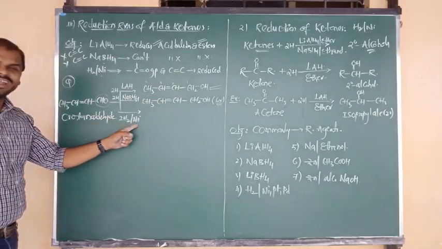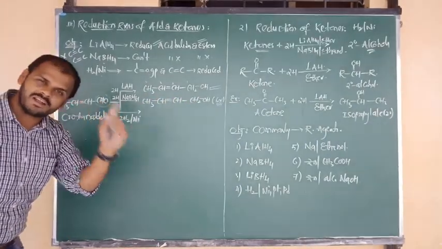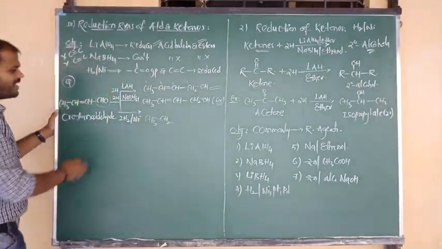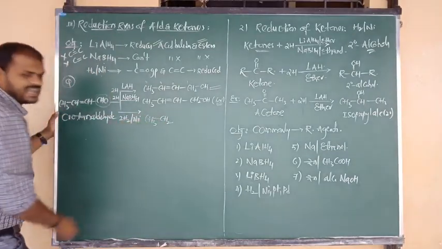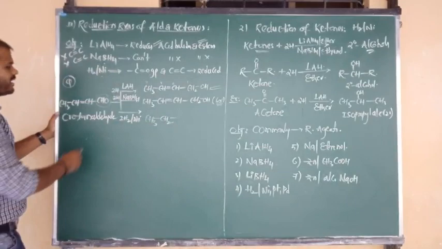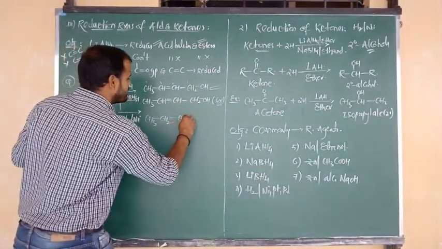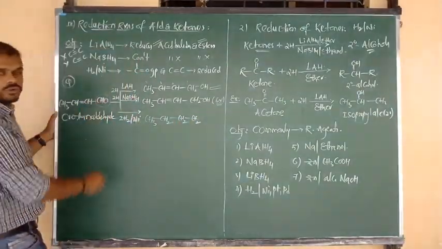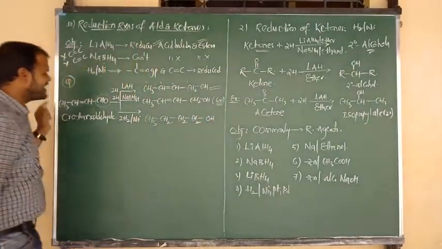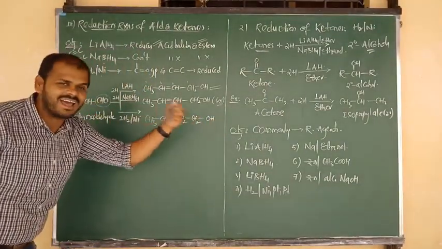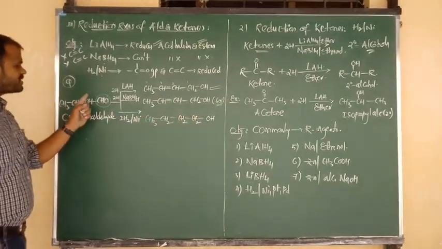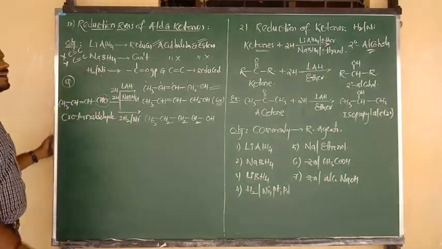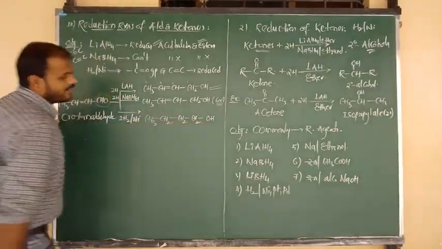But in case of H2 and Ni, both groups will perfectly undergo reduction. So what can we write now? CH3 bonded to CH2: one hydrogen given to CH, it becomes CH2, the double bond becomes a single bond. Another hydrogen given to CH, again it becomes CH2. Another hydrogen given to CH, again it becomes CH2. Another hydrogen given to O, it becomes OH. Means the double bond and the functional group are all reduced. So one hydrogen, one hydrogen, one hydrogen, one hydrogen: total 4 hydrogens we have added, 2 twos are 4. Clear beta? Right. So butan-1-ol is the major product here.